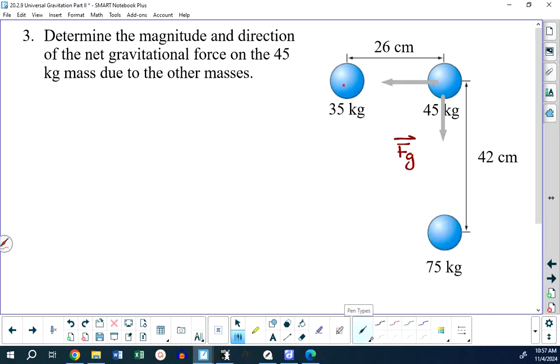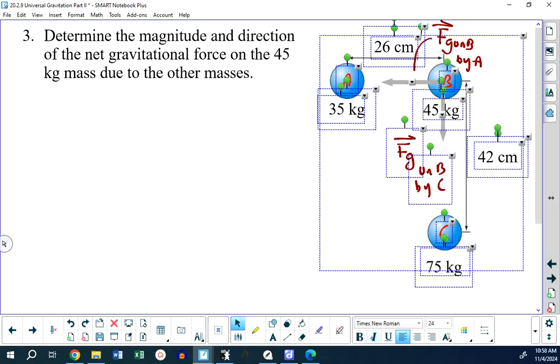Let's just make my life a little bit easier, please. Did you have letters on yours? Okay, just label ABC. Then I can say the force of gravity on B by C, and this will be the force of gravity on B by A, right? And what Sam has asked is, so do we just do a tip-to-tail thing? And the answer is yes, but you need to understand that what I'm saying yes to